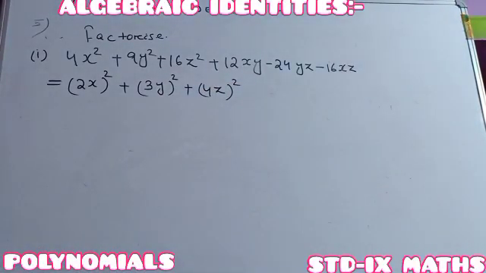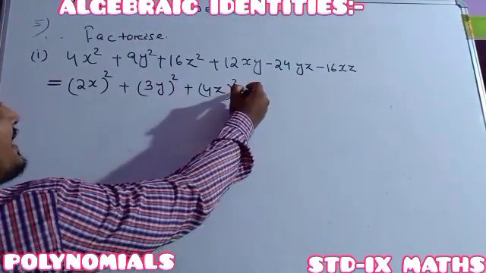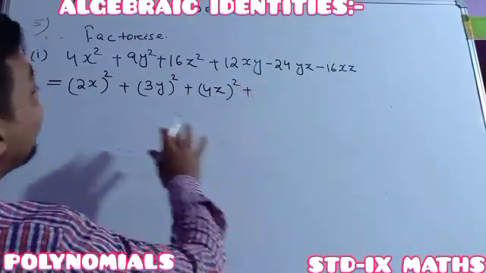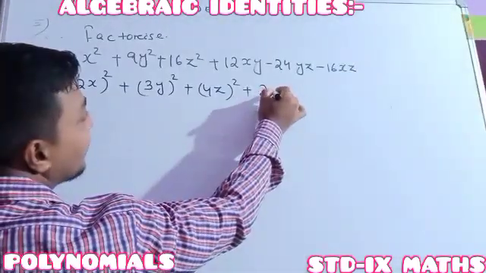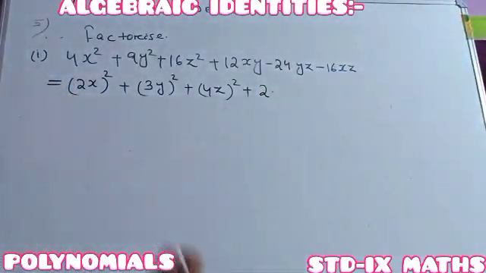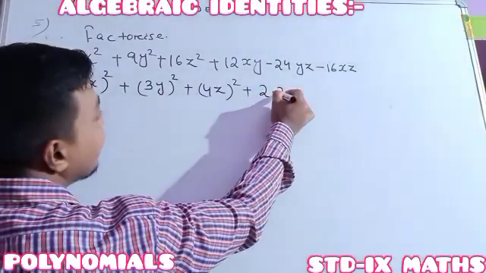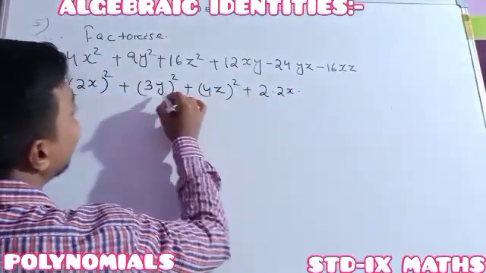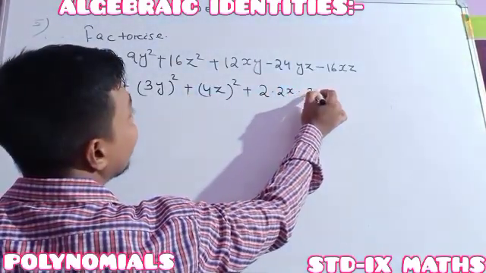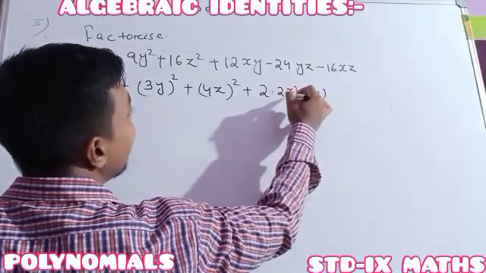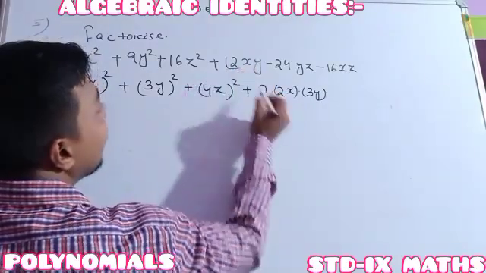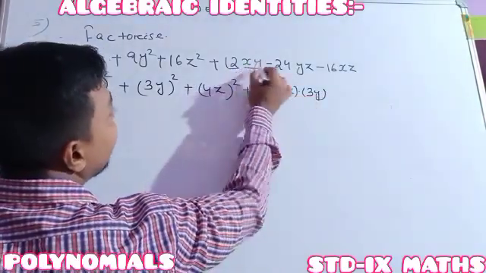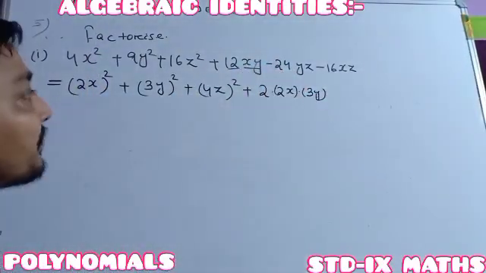So first 3 perfect squares we have already arranged. Thereafter, the next one is 2 into the product of the first and the second. Let me check whether we are getting the same or different. See, 2 into first term, it is our 2x, and second one it is our 3y. Check whether we are getting the same or not. 3 2s are 6, 6 2s are 12. Yes, 12 matching with 12. Then after x into y, here it is xy, matching, no problem.